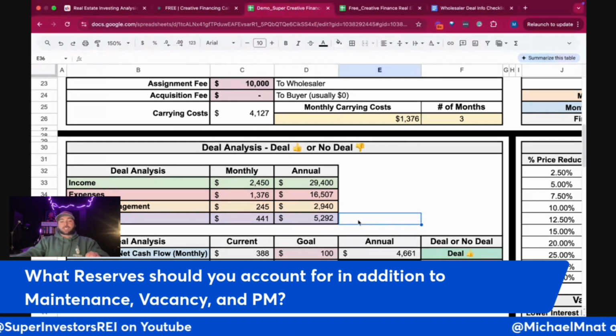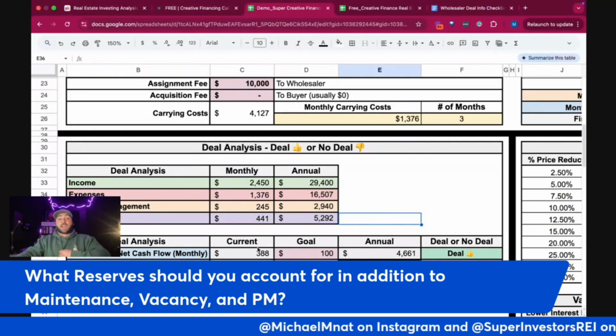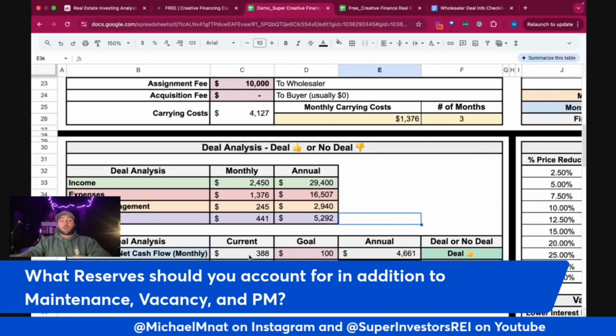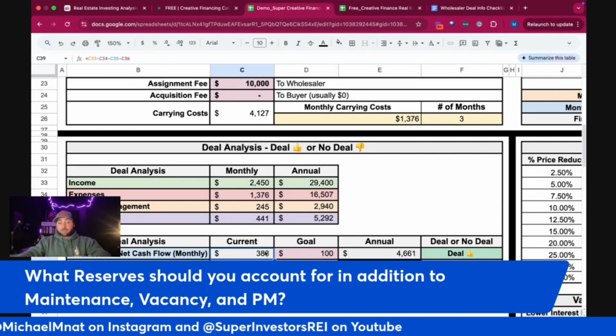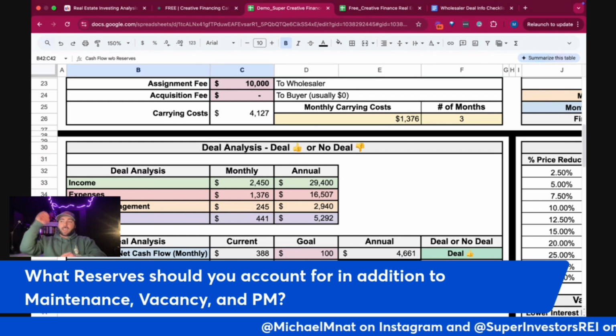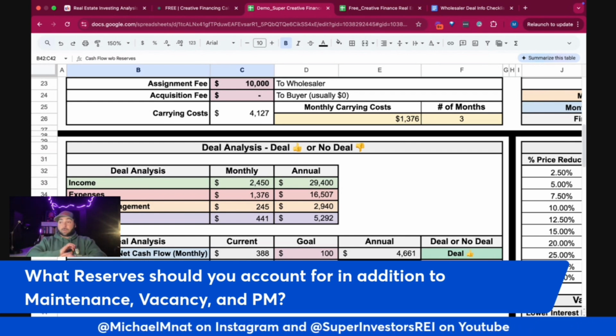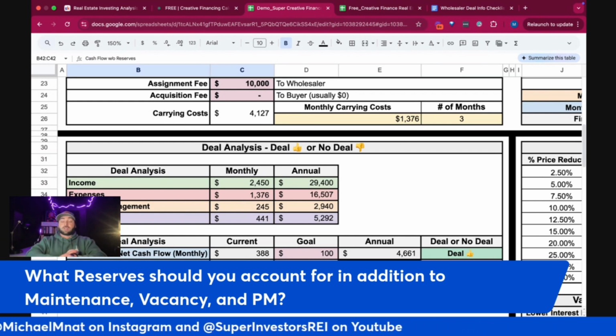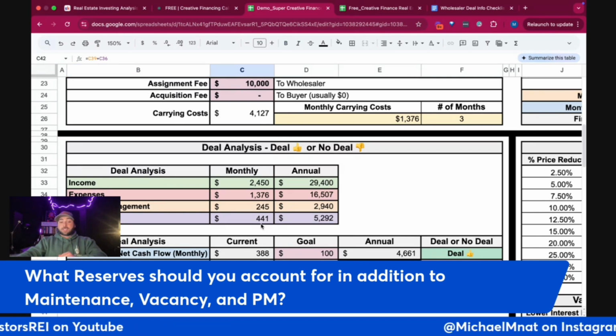Or if you do not actually need this amount, your cash flow, in reality, is going to end up being somewhere between fully utilizing your reserves here and not utilizing your reserves at all here. It's going to be somewhere in between those two. It should never, in theory, be higher than this number, your cash flow without reserves. That's the highest end. If you had no vacancy, it was occupied the whole time, you had no maintenance issues, and you did not need to set aside anything for capital expenditures. But it shouldn't be higher than this because you still have property management and you still have your fixed expenses.